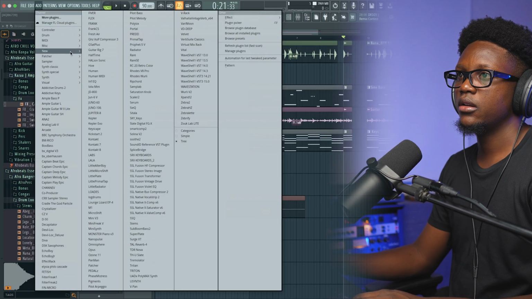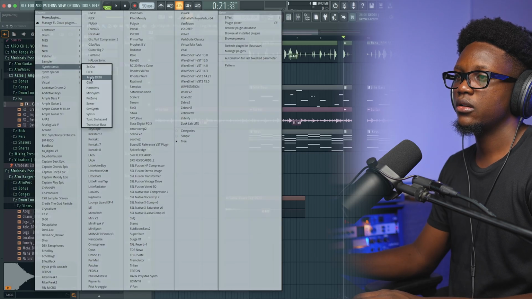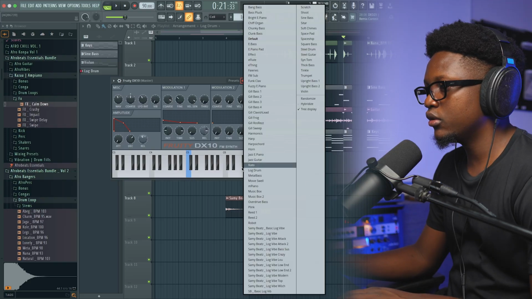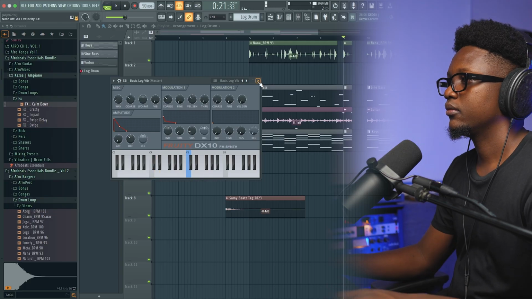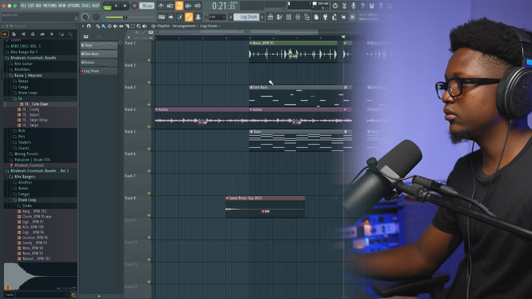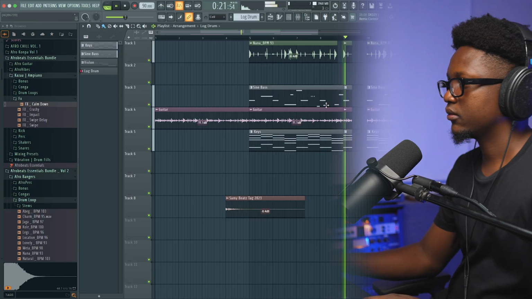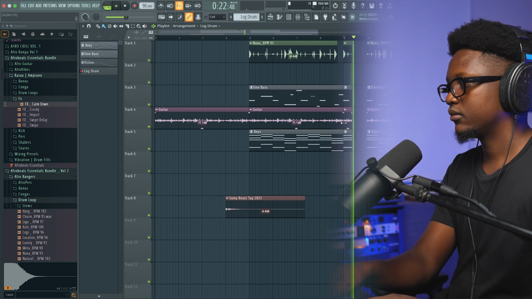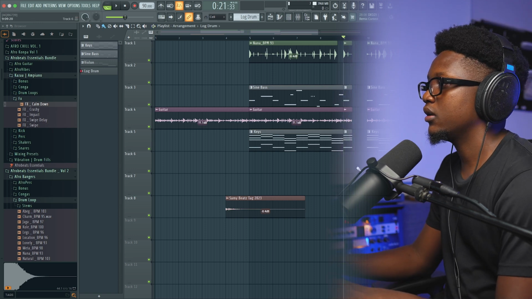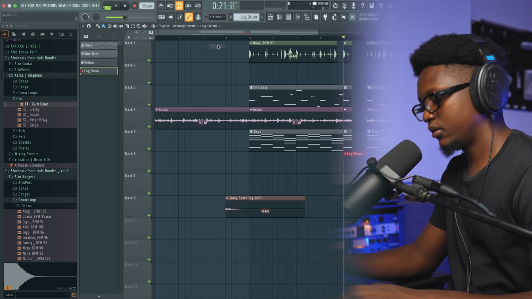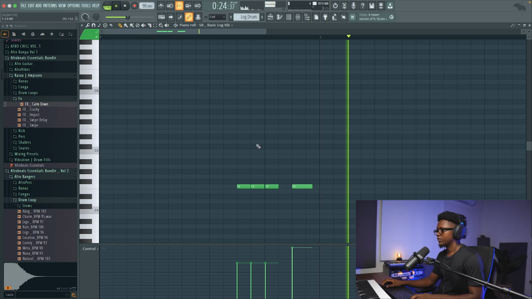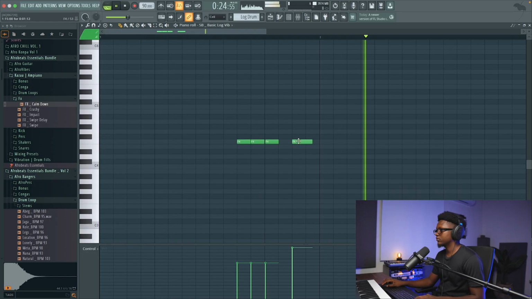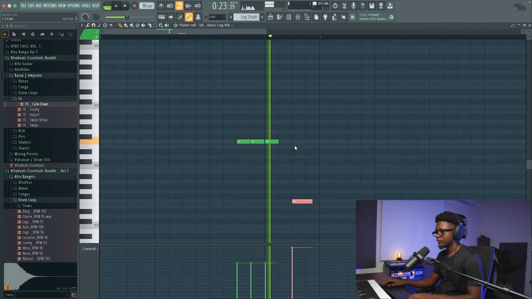Okay, let's add the floaty FX thing. Bam bouton, bam bouton, dun dun dun, dun dun dun. Okay, let's add this right there, and we'll go to a quarter step. Okay, I think it's too fast. Okay, maybe